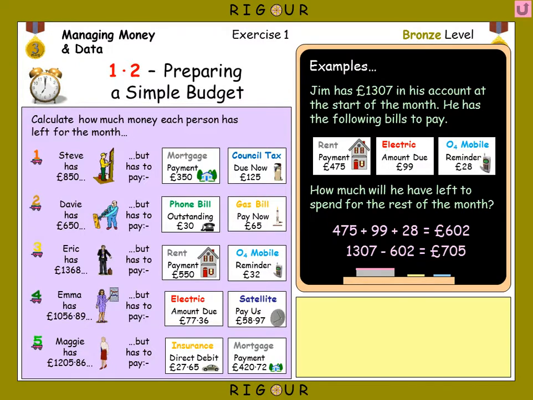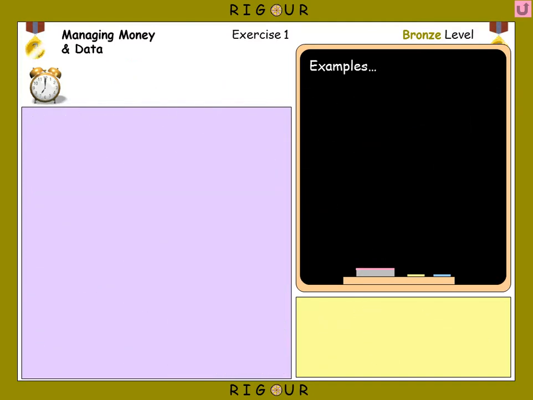Okay, you've unpaused the video, let's go over some answers. So Steve has £375 left, Davy has £555 left, Eric has £786 left, Emma has £920.56 left, and Maggie has £757.49 left. So give yourself a score, and we'll move on to the next assessment standard, which is